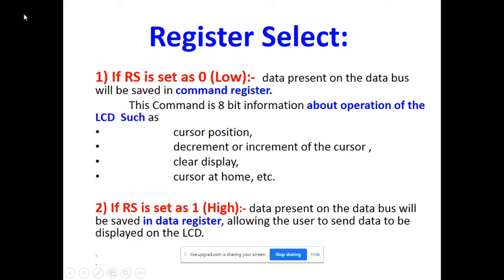For example, somebody doesn't want to start from the left corner and wants to write from somewhere else. At that time he will give the first line, fifth column, or eighth column, like that. How many columns are there? 16, because each line has 16 characters. In this fashion you can place your word anywhere as per your choice, and according to that just give the command to the LCD.